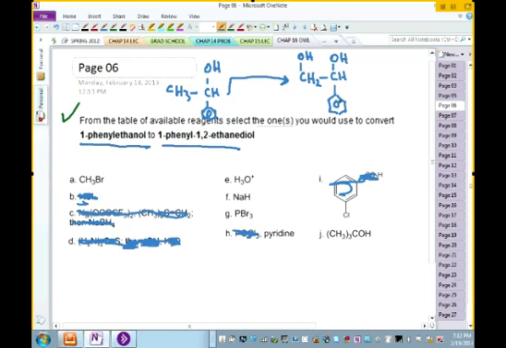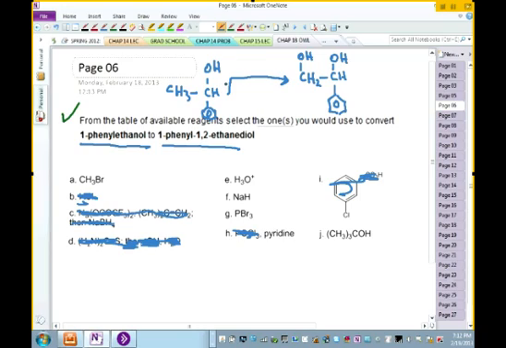Now, what this question is testing, of course, is your knowledge of the reactions of ethers or epoxides. Reaction of epoxide, those are testing your knowledge of the reaction of epoxide. Okay, so how will you do that? You want to go from this here to here. You notice the number of carbon atoms has not changed, right? Okay, so what do we need to do here? We want to form a diol.